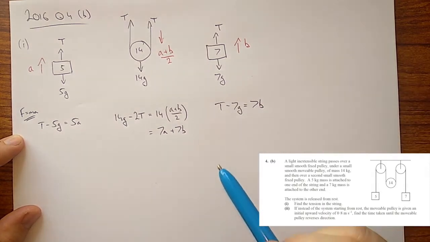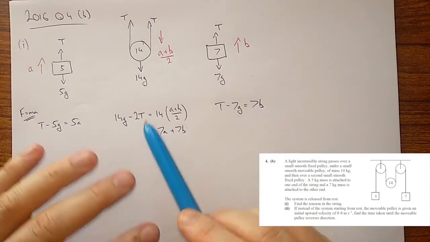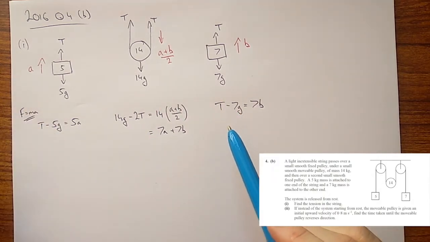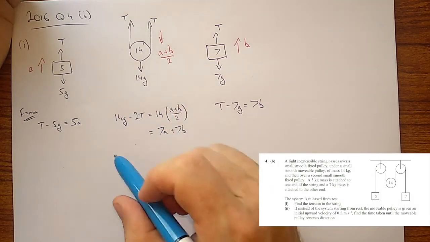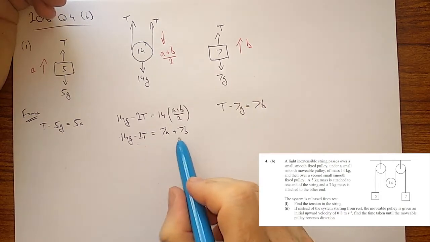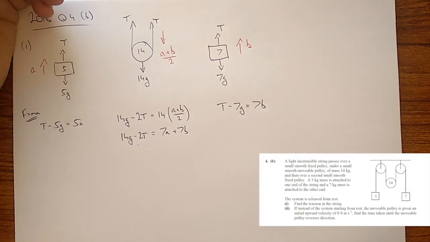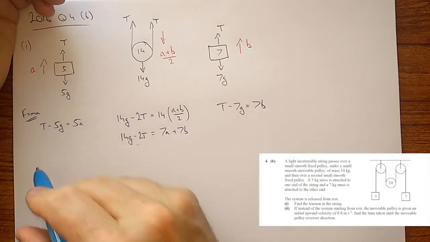Watch that. So here's our equations. Now there's a couple different ways you can go about this. Basically, we want to solve for T. So in this case, I can drop it into this equation here to finish that guy, 14g minus 2T. If I can put T in there, this whole thing comes out quite nicely for tension. So I'm going to figure out what a is in terms of T and g, and b is. So that means